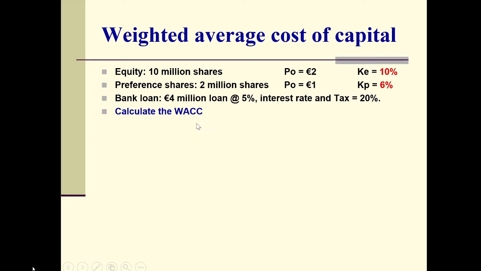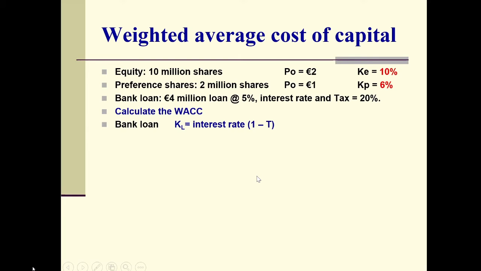The question that's posed here is calculate the WACC. Now, the point is this. I have more or less everything. I have the cost of the equity. I've got the cost of the preference share, but I have the pre-tax cost of the loan. I know the bank is charging 5% interest rate, but interest is tax deductible. So there's one little piece, a red number, missing here. I don't know the actual cost of the loan, but if you remember,